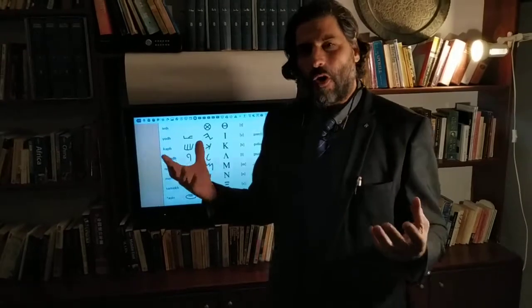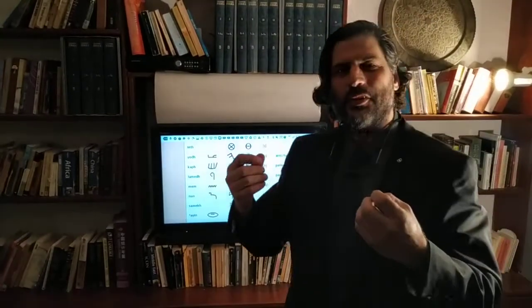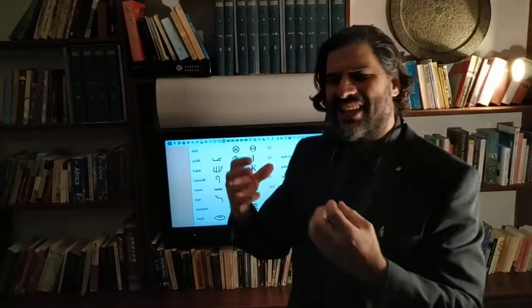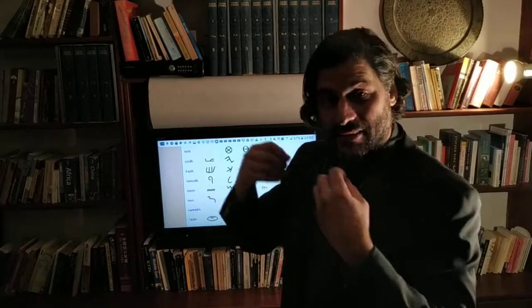After Tet is Yud, the 10th letter of the Hebrew alphabet. Yud is very interesting because it's also the major letter in God's name, in the Tetragrammaton, the ineffable name, and it refers to the future. In Hebrew grammar, the Yud is a key operative in conjugating the verb from past, present, and the Yud to future. So the Yud in God is a futuristic capacity, a